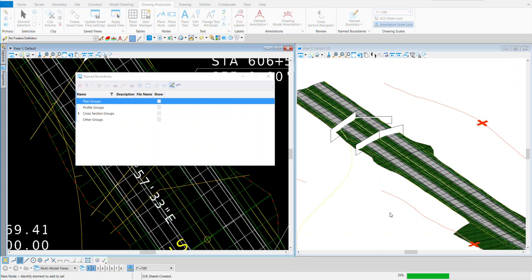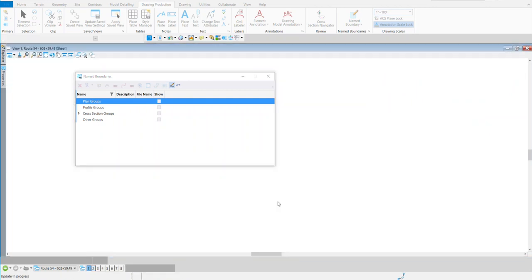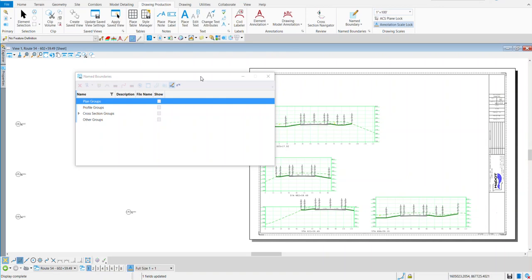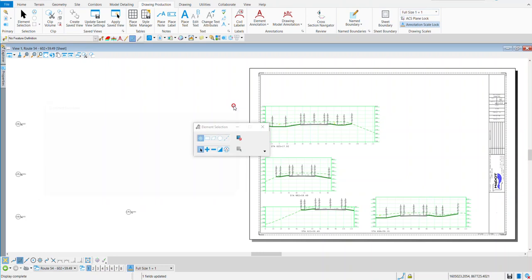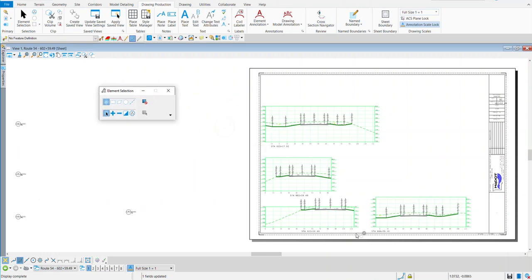It will open up to the last sheet model that we've created. Now I am finished with this name boundary tool, so I'm going to go ahead and close it out. This brings us to